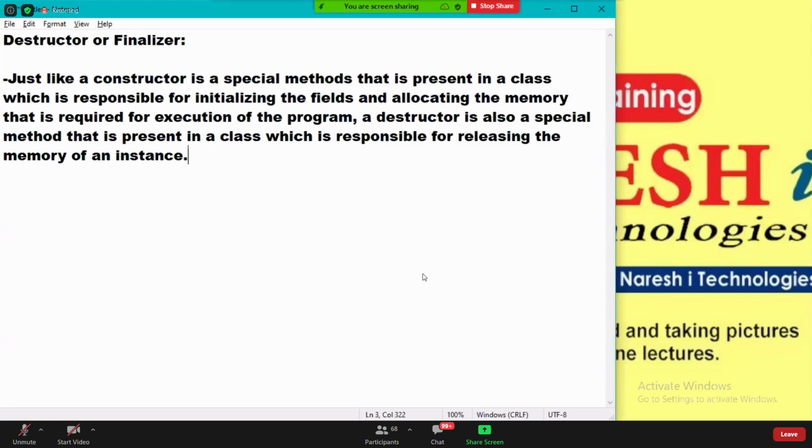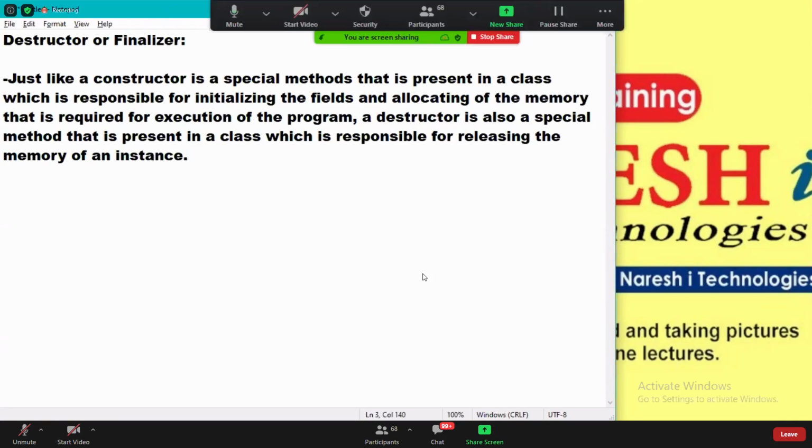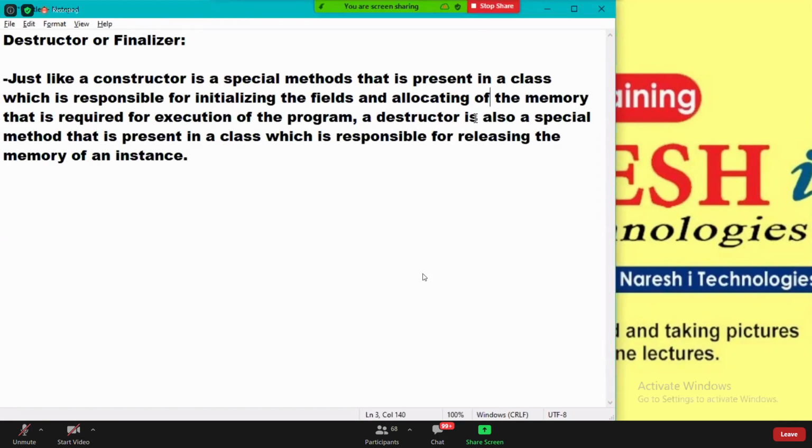Constructor is responsible for allocating the memory, and a destructor is responsible for releasing the memory. A constructor is responsible for initializing the fields and allocating the memory that is required for execution of the program. A destructor is also a special method present in a class, which is responsible for releasing the memory of an instance.